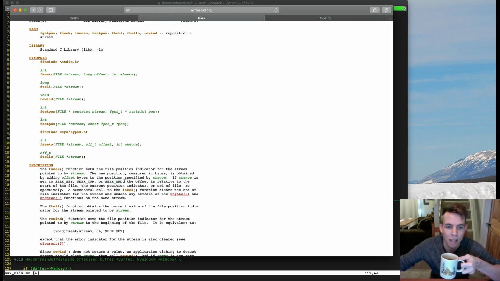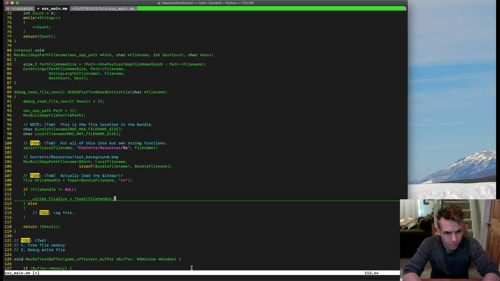So if we just did no offset, right? So pass 0 as the middle parameter, and then do SEEK_END, then we will get to the end of the file. The new position measured in bytes is what gets returned from the function, and that's what's going to tell us our file size. Because if we seeked all the way to the end, then we're going to know how many bytes are in the file. So let's do that. So FileHandle, 0, was it SEEK_END,